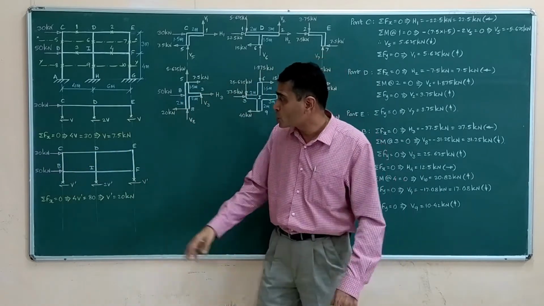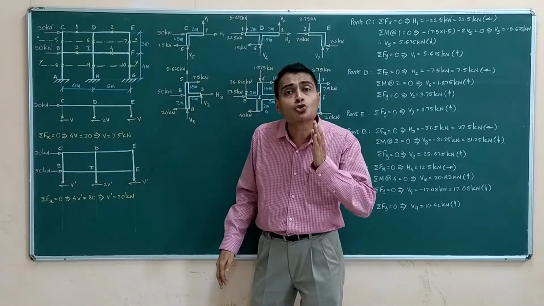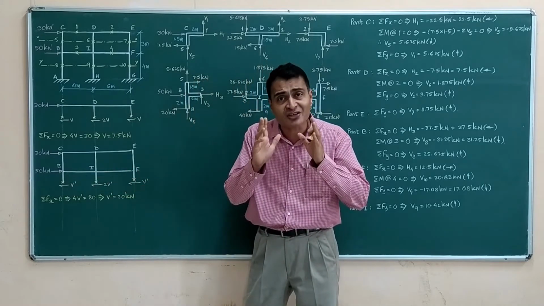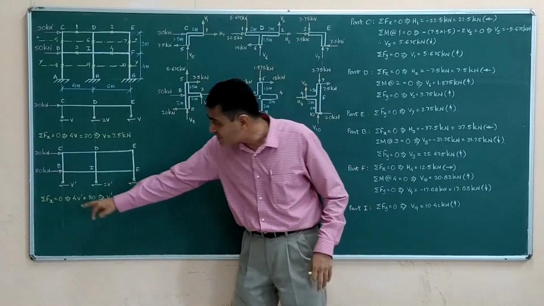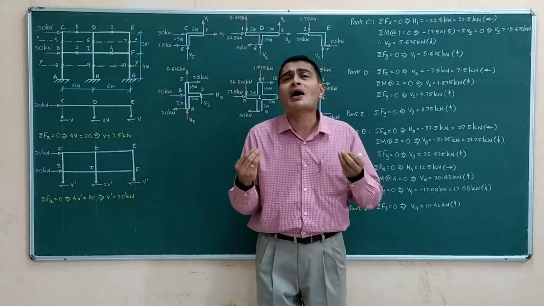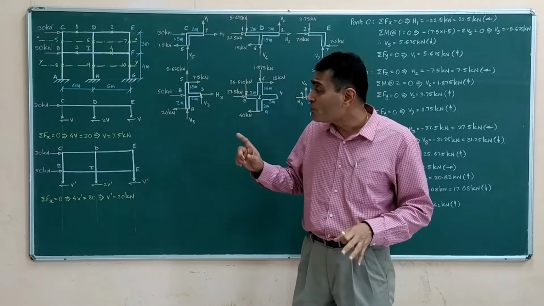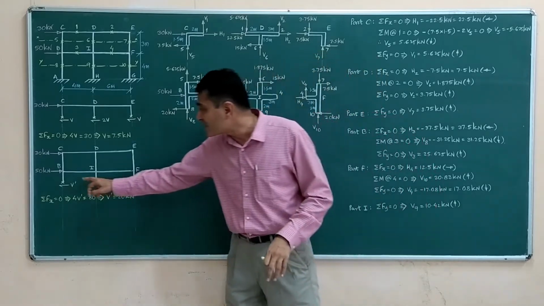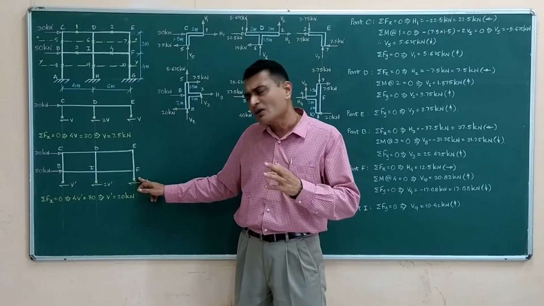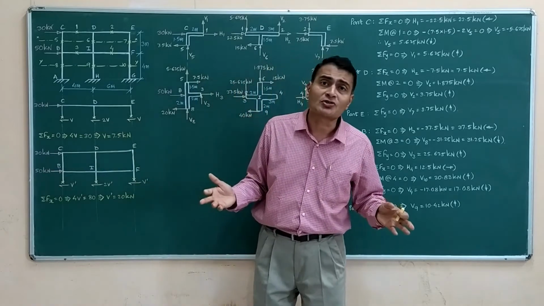So the FBD is showing shear force at these columns. FBD is not showing axial forces in these columns, but actually they are existing, mind you. But since I again use sigma Fx equal to 0, I am kind of avoiding showing those unnecessary forces. There will not be any moments at these points because these are points of contraflexure. And of course FBD is showing 30 kilonewtons and 50 kilonewtons.